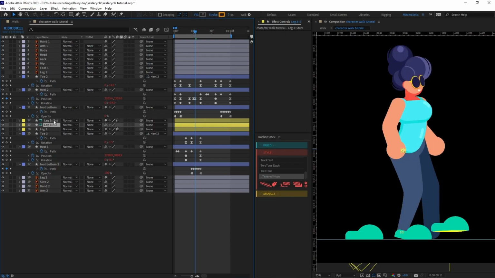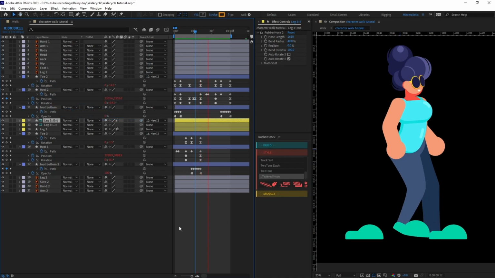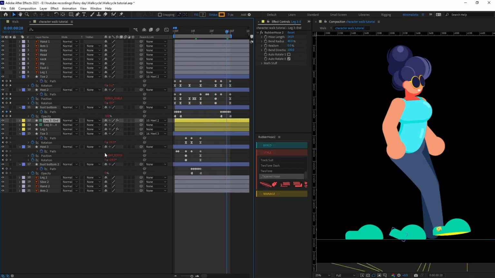Alright, so select this ant layer and parent it with heel. Sorry, not this one, this heel. So let's check out. Alright, we are going to decrease the length a bit.